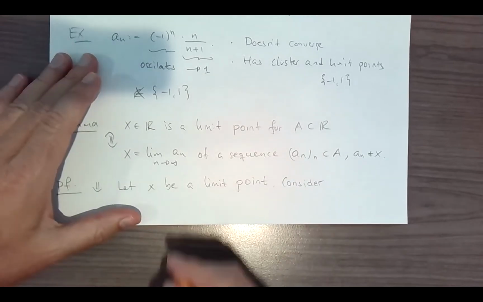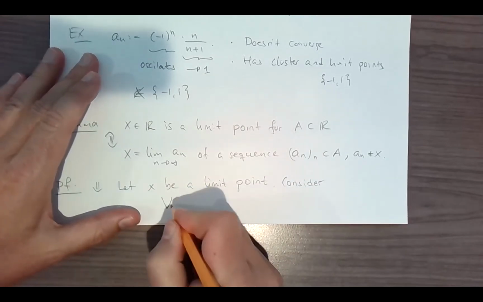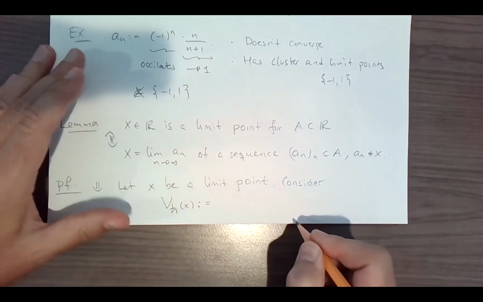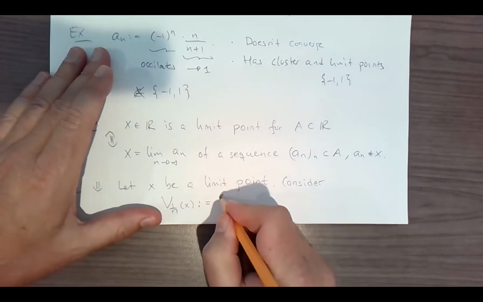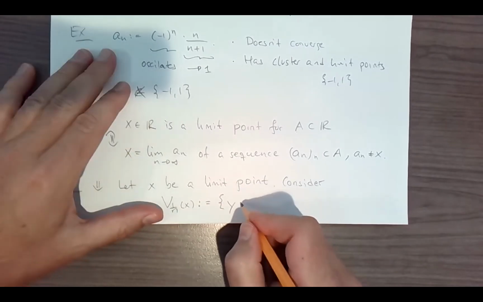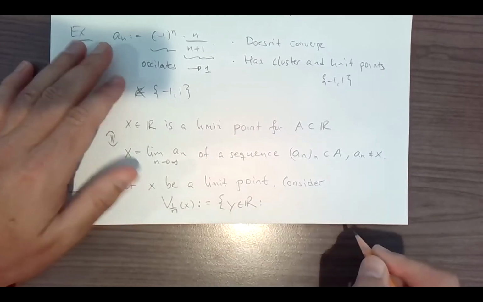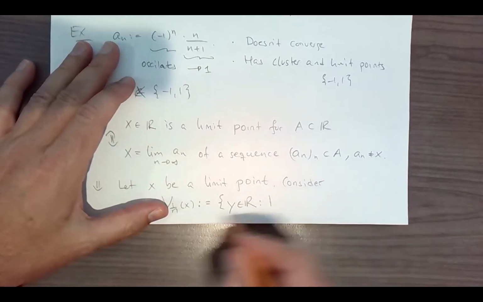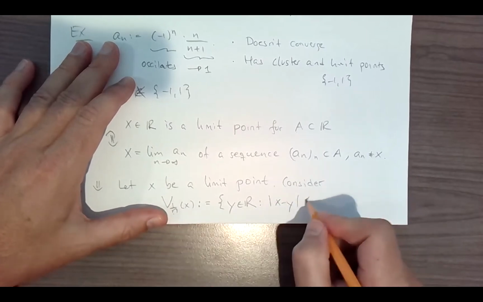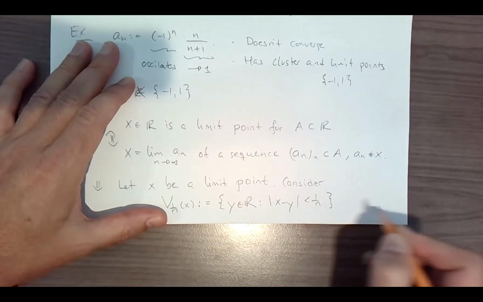And then consider, we're going to look at the balls that have radius 1/n. The balls that have radius 1/n, right? So again, what's the definition? It means it's those points, and now we're playing in R, such that the distance between x and those points is less than the radius 1/n.